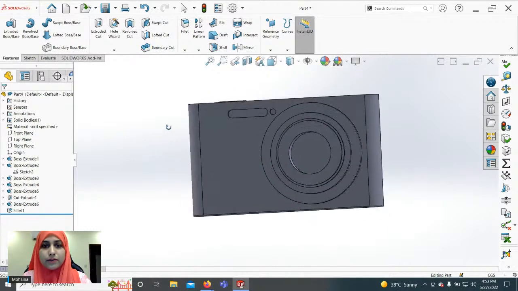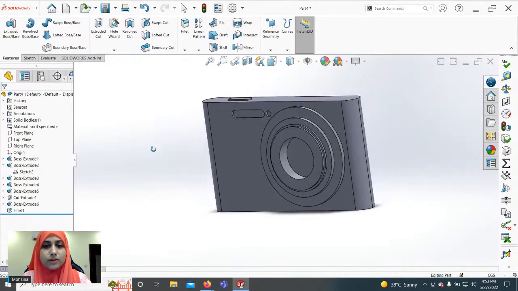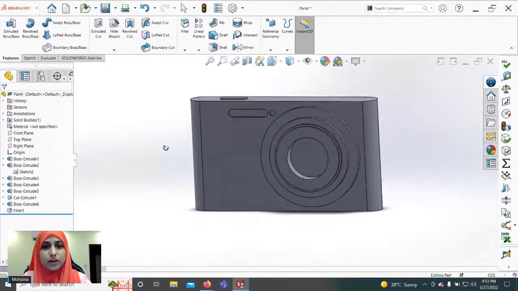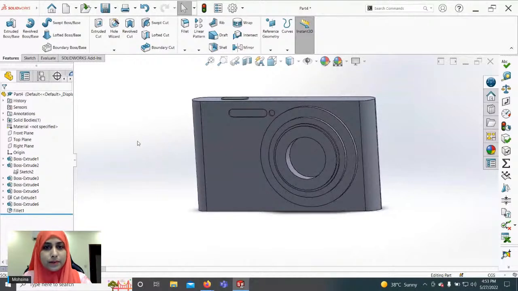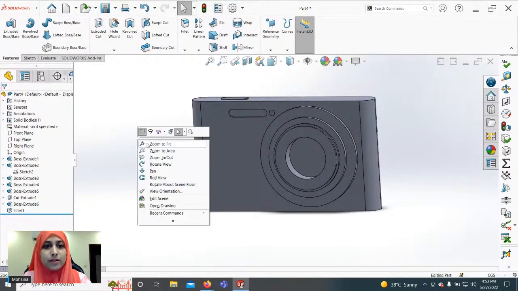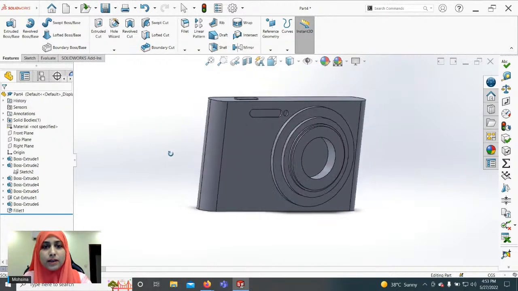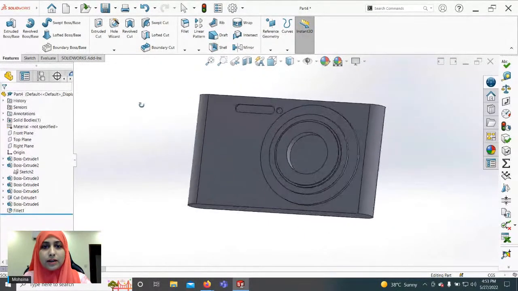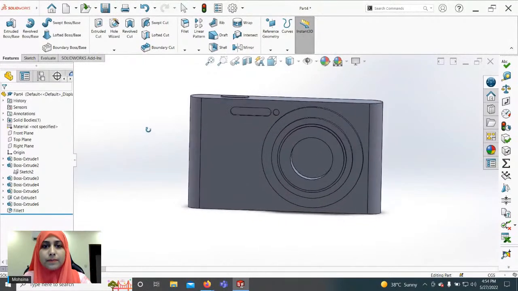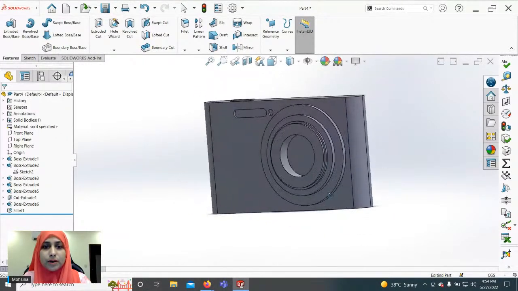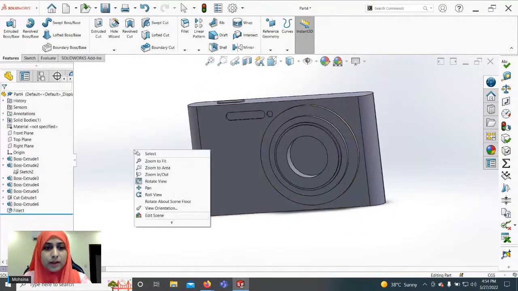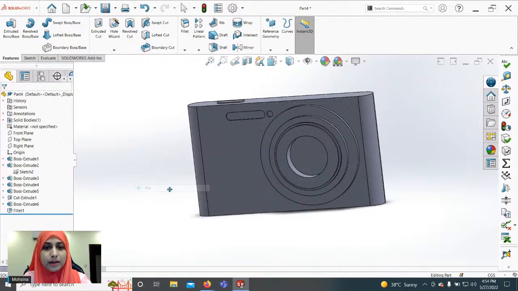You can see that the view of the model can be changed. To do this, you can right click on the canvas, and here are a few options. One is rotate view. If you click on it and drag the mouse button, you can see that the part can be rotated. Click on it again, and here will be pan.